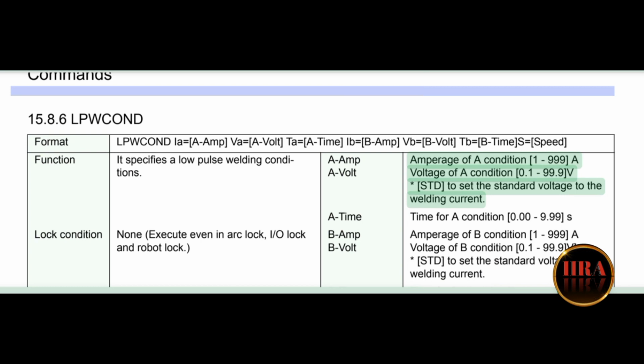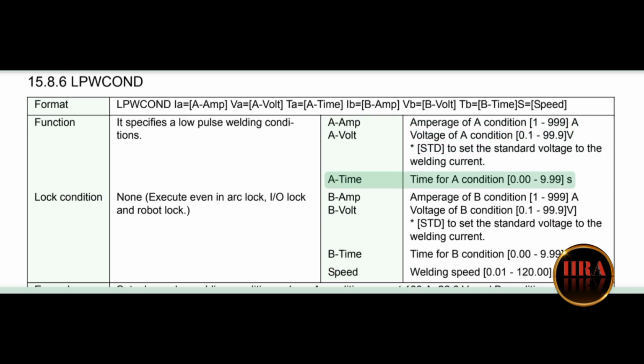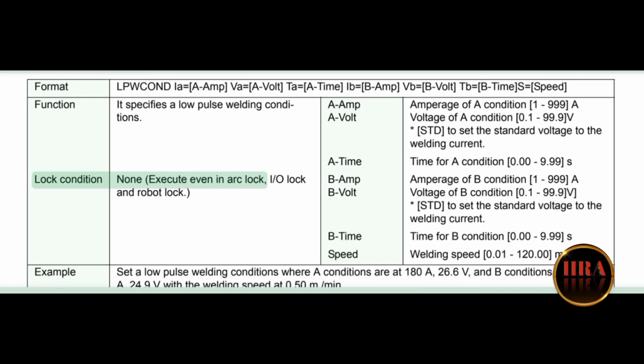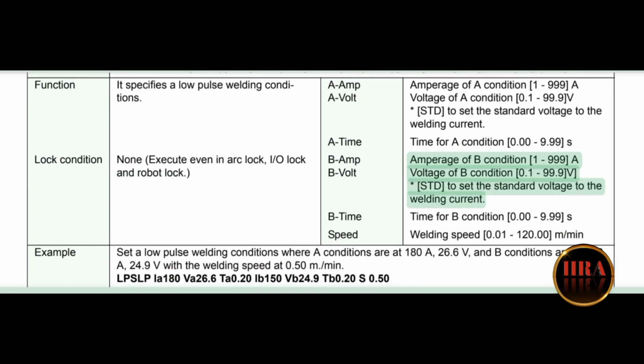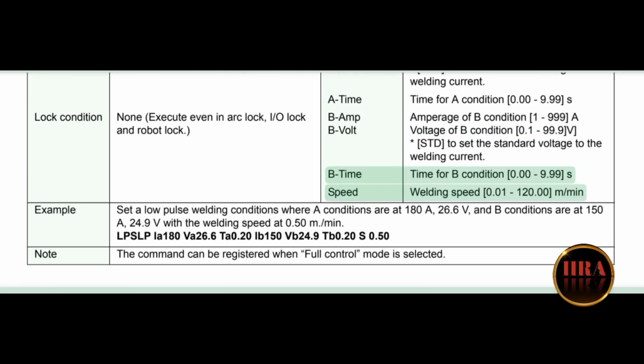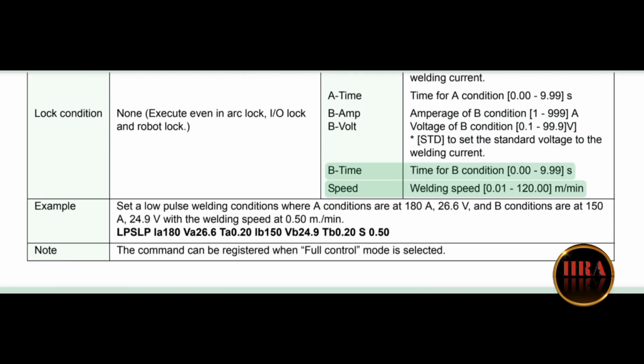0.1 to 99.9, V asterisk, STD to set the standard voltage to the welding current. A time for A condition, 0.00 to 9.99 S. Lock condition: none, execute even in arc lock, IO lock, and robot lock. B amp, B volt: amperage of B condition, 1 to 999, a voltage of B condition, 0.1 to 99.9, V asterisk, STD to set the standard voltage to the welding current. B time for B condition, 0.00 to 9.99 S. Speed: welding speed,